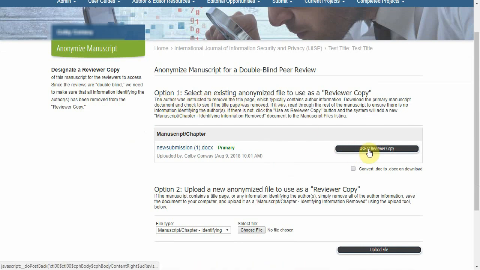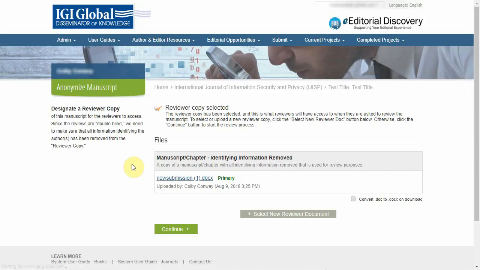So we'll say this manuscript had no mention of the author. So we'll click Use as Reviewer Copy. And then you'll click Continue, and this just puts it in the file type that we like. Click Continue. And then once the page loads,